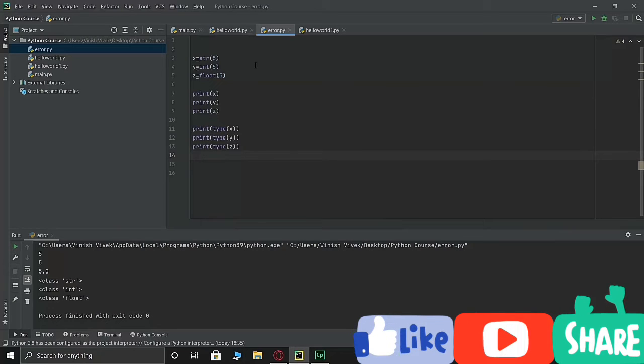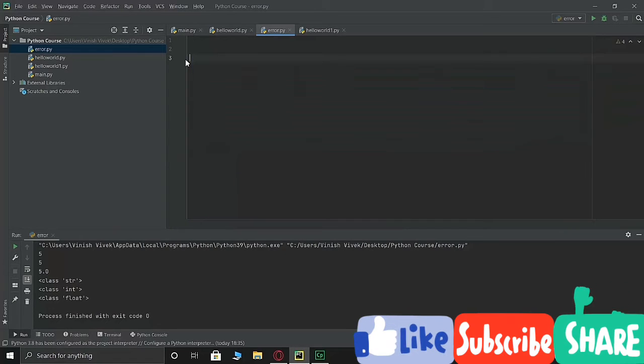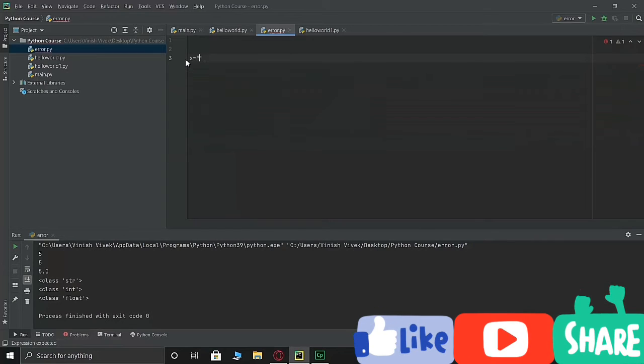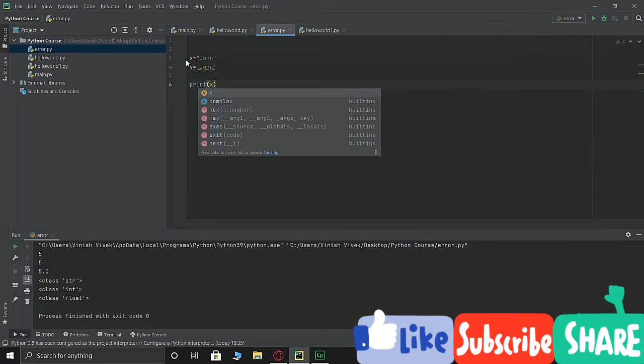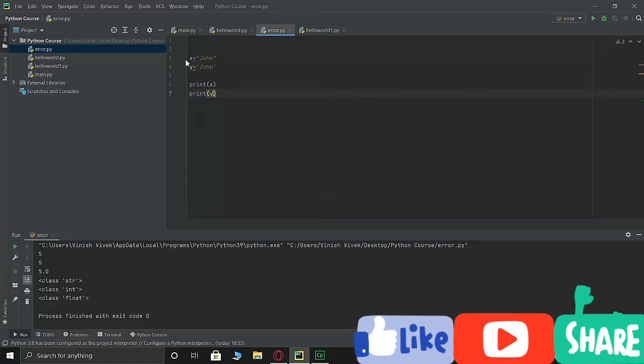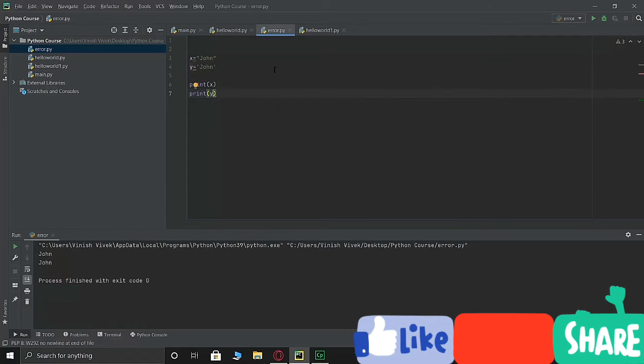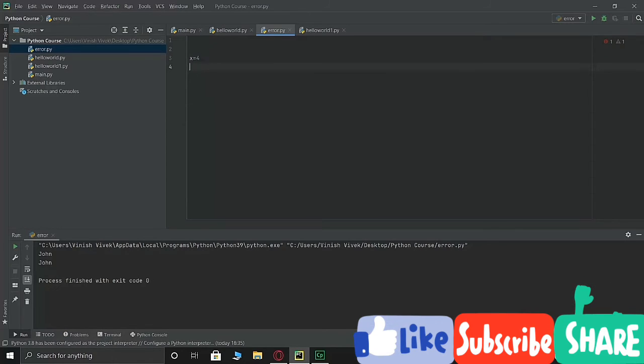We saw how to declare a string by giving a variable and using double inverted commas and writing what you need. Similarly, you can also declare a string by using a single inverted comma, or basically a single quote, and writing what you need inside it. So John again, and if we try to print this, there you go. John comes in both. Both of them are strings. Another important thing about variables is that if I write x is equal to 4 and here I write capital X is equal to 6.